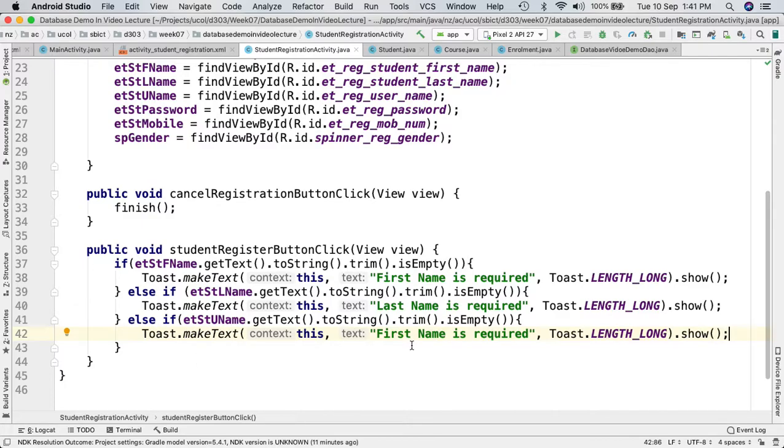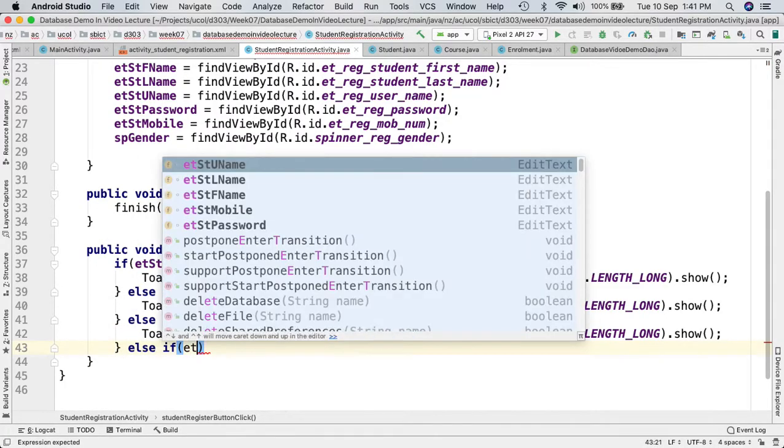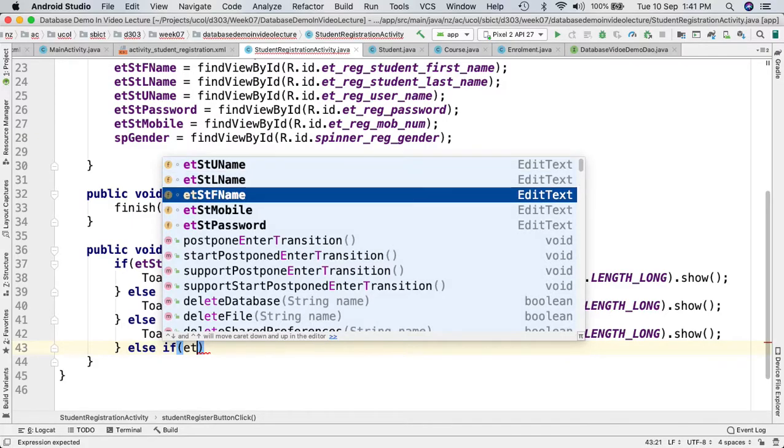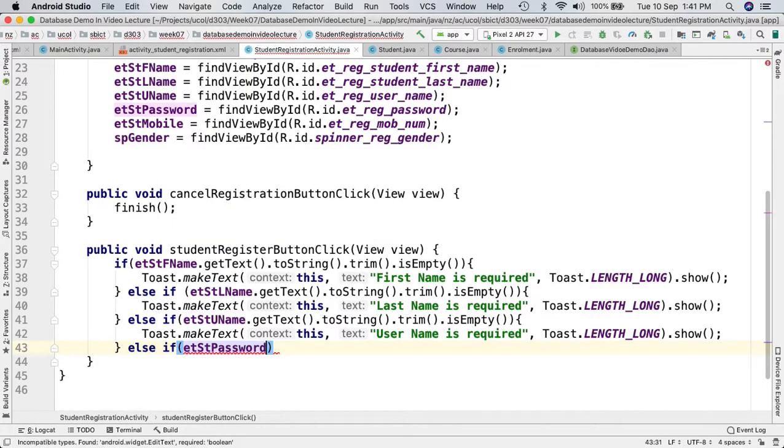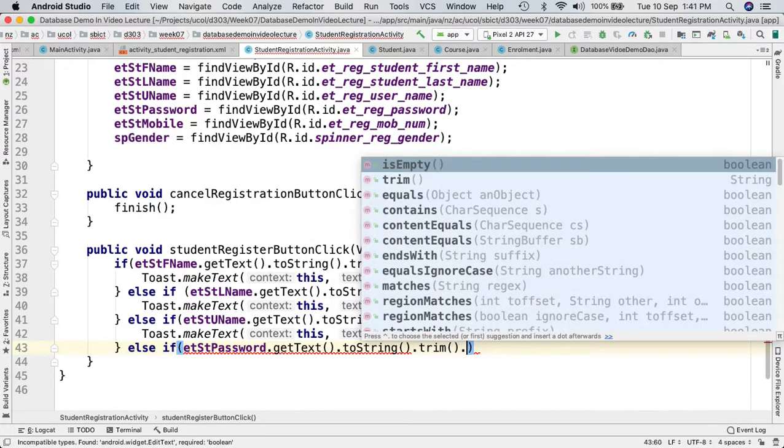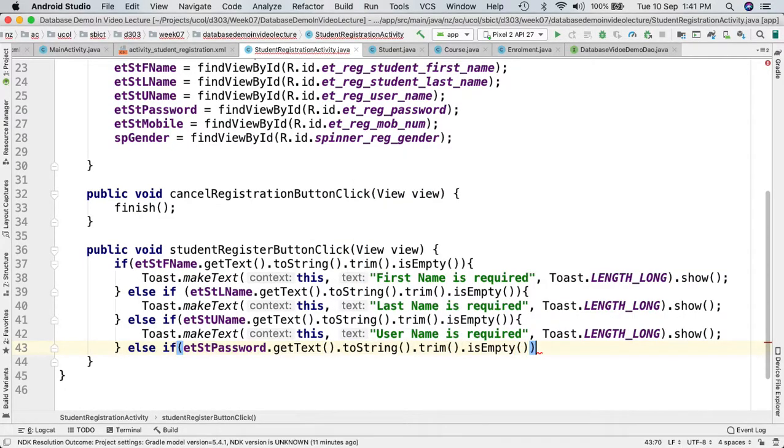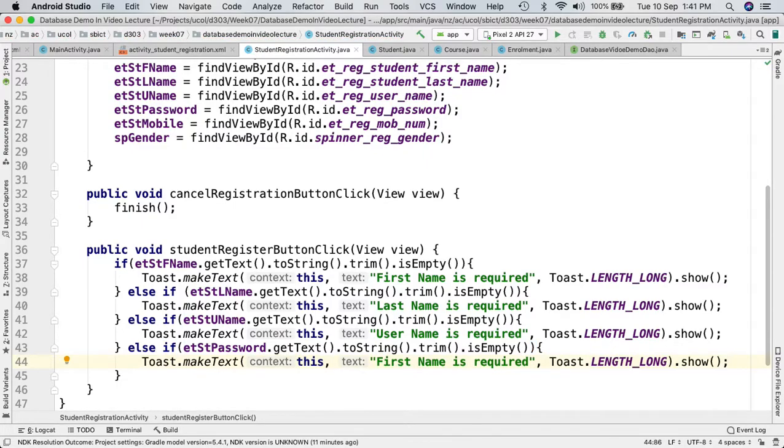So again we are saying that the username is required, and then in the else part, else if we are saying et password dot get text dot toString dot trim dot is empty, and again we are saying that the password is required,